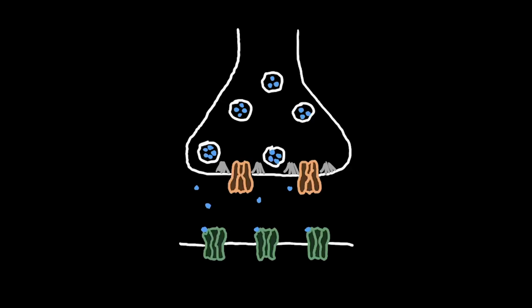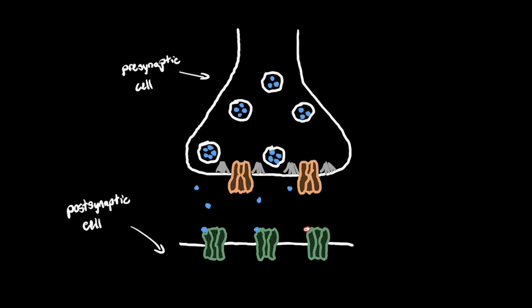So here we have a generic chemical synapse, and here is the presynaptic cell or presynaptic neuron communicating with the postsynaptic cell, which could be another neuron or a muscle or gland effector cell. And today we are going to be focusing on these receptors here, the postsynaptic receptors, which receive the signal, the